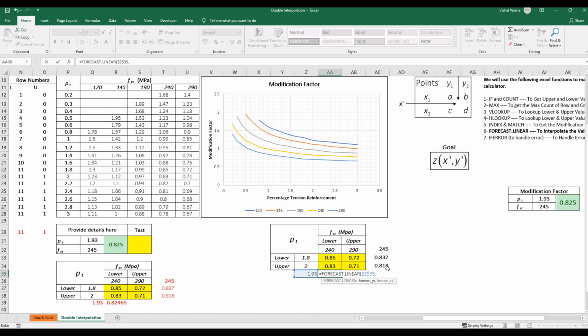What are the y values? This. What are the known x values? This. Okay, so 0.82465. So if we refer this as this, we are getting 0.8465. Reduce the decimal places and make it a bit shorter. See, we are getting the same result.